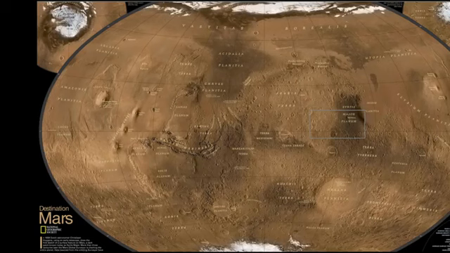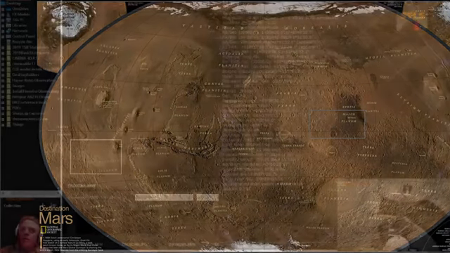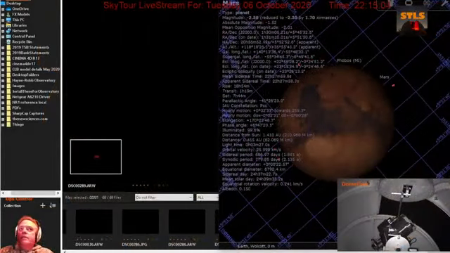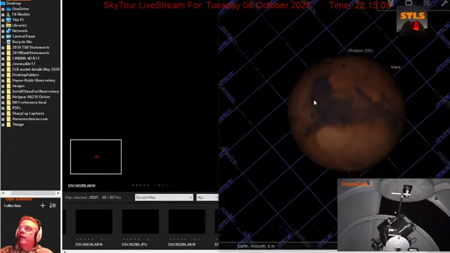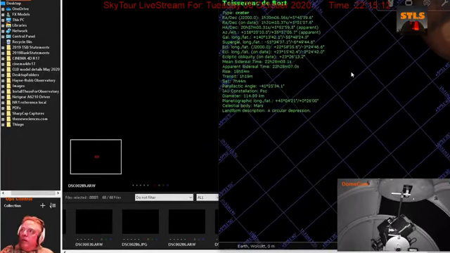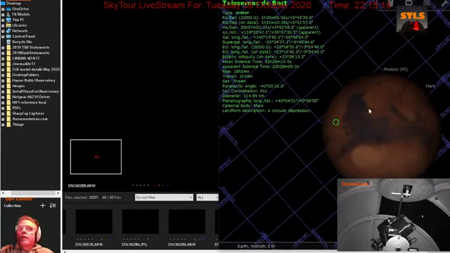All right, and then we can also come back to Mars here for a second, zoom in, and this gives us a little bit of a view of it too. You can see Syrtis Major. Let me get you back to it, though, so you can see it. Okay. You can see Syrtis Major here. Okay. Come back. All right. And then we have Hellas Planitia right down here.